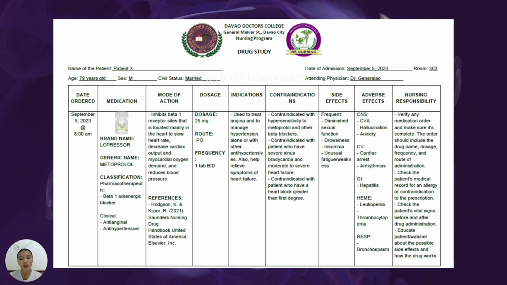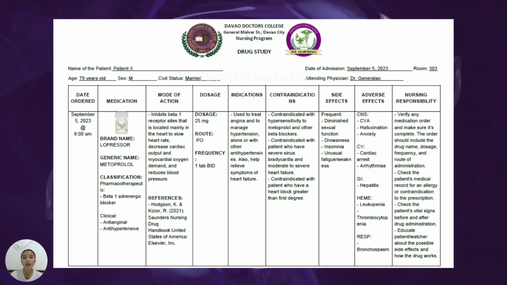we really have to verify any medication order and make sure it is complete. The order should include the drug name, the dosage, the frequency, and the route of administration to promote safe administration of the drug to the patient. And also we have to check the patient's medical record for an allergy or contraindication to the prescription, because if there is, then we should not be administering this medication to the patient since it will harm our